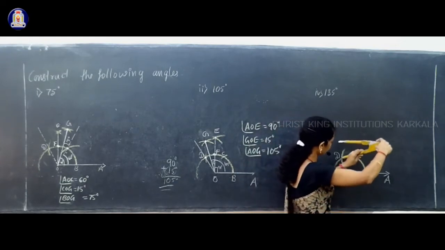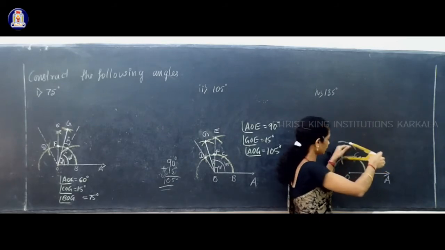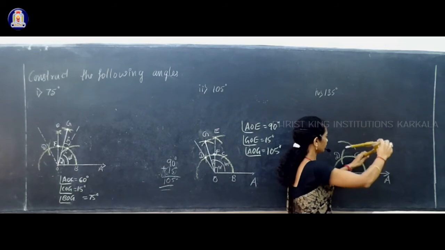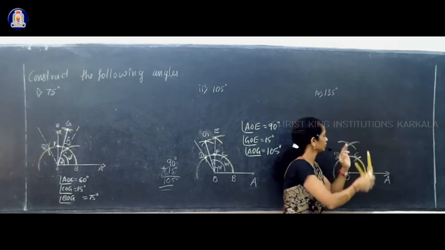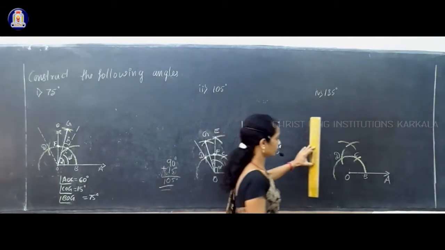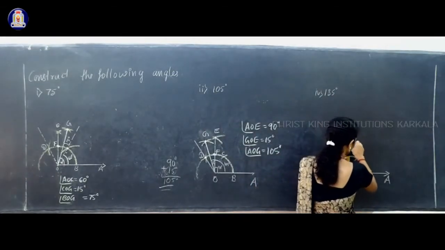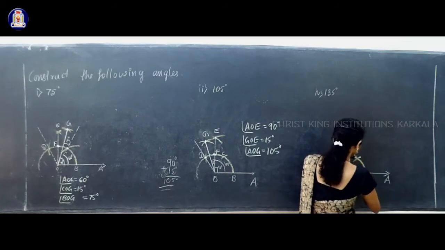Okay, now keep it D and draw an arc like this, above C and D. Keep it C, draw one more arc such that it cuts the previous arc which was drawn, and join that point of intersection with O. I'll take this point of intersection as D. Okay, join this D with the O.